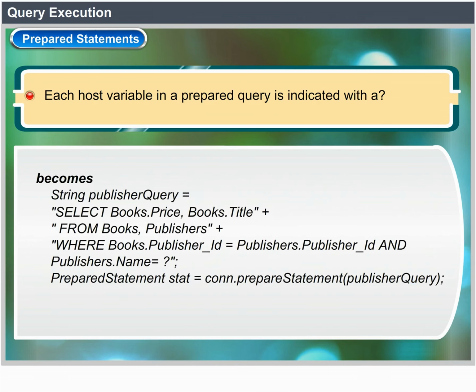It becomes: String publisherQuery = "SELECT books.price, books.title FROM books, publishers WHERE books.publisher_id = publishers.publisher_id AND publishers.name = ?"; PreparedStatement stat = con.prepareStatement(publisherQuery);